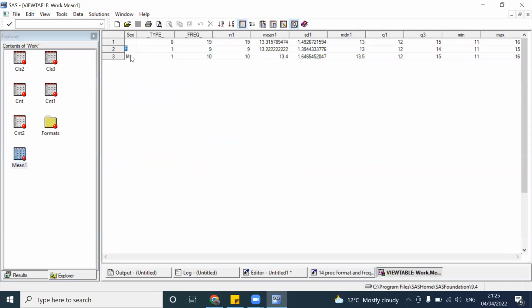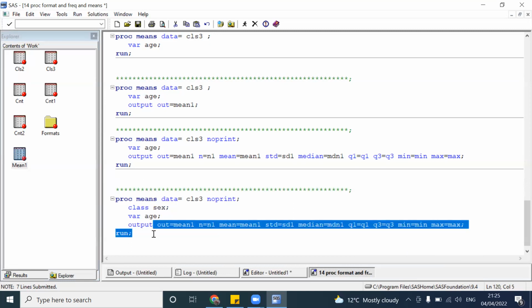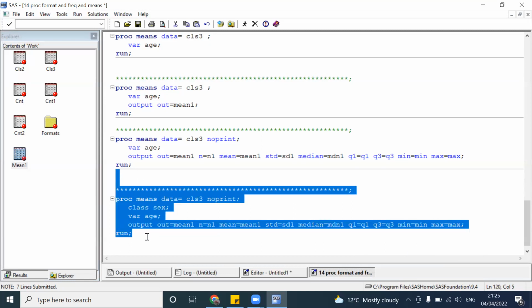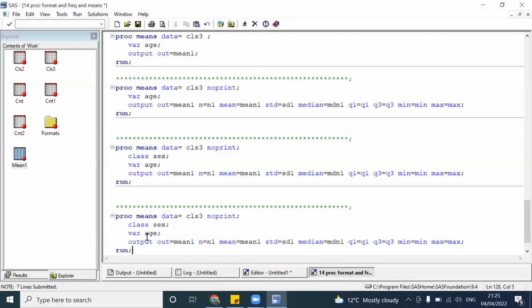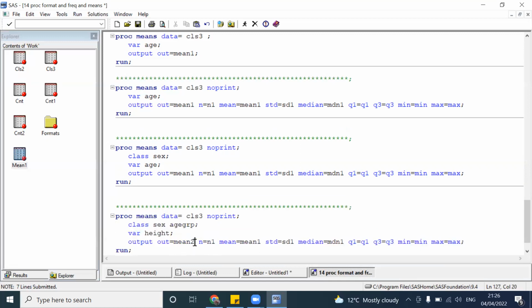So it is just classifying. This is the classification, 0 and 1. Okay. If I am declaring one more variable, age group, suppose I'm just changing instead of age